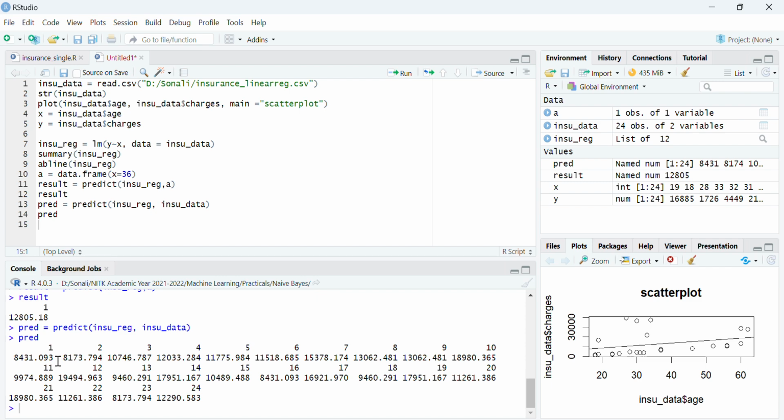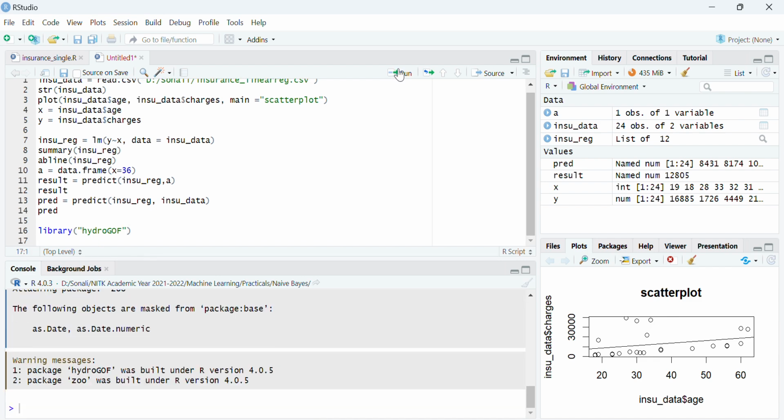Now if you want to see how correct it is predicting, for that you can compute the RMS error, that is the root mean square error. To compute the root mean square error, we require a library file called hydroGOF. Let's say RMSE, root mean square error.